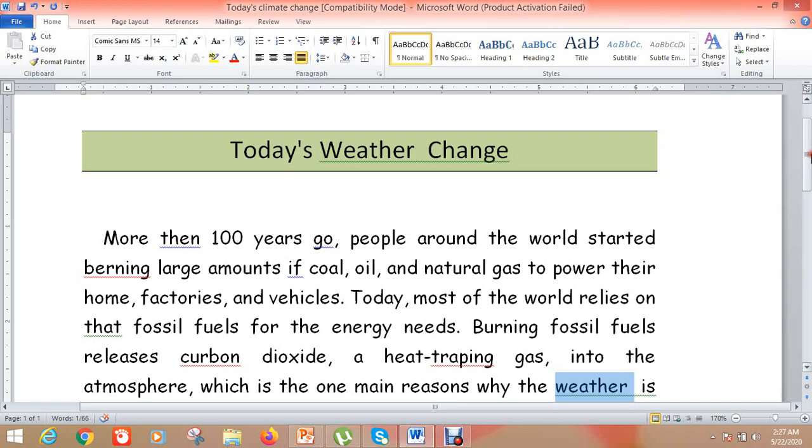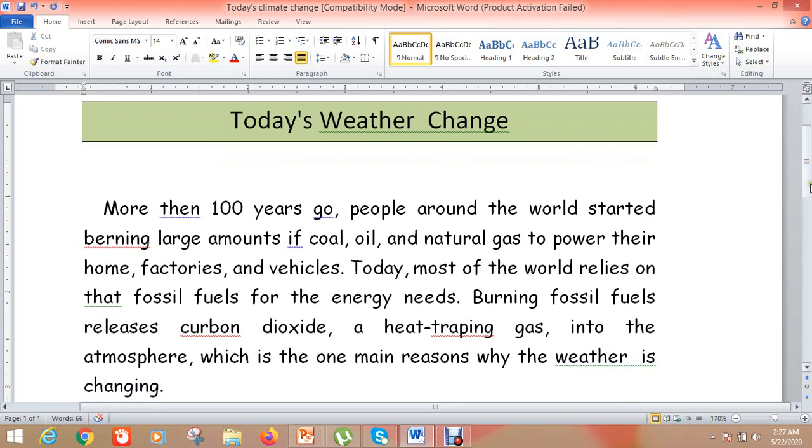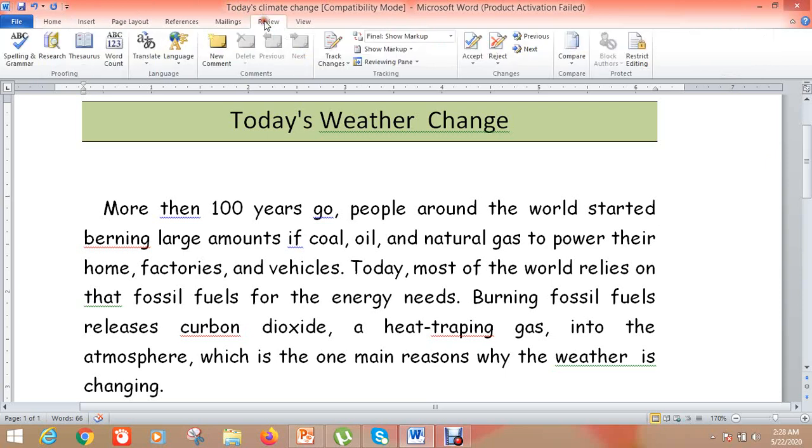So if you have observed this whole document, it has different mistakes, and before printing we want to check for those mistakes so that after printing, the whole document is error free. For that, you will go to the Review tab, then Spelling and Grammar. The shortcut is F7. If you don't want to go to the Review tab, just press the F7 key on your keyboard, and the Spelling and Grammar window will open.